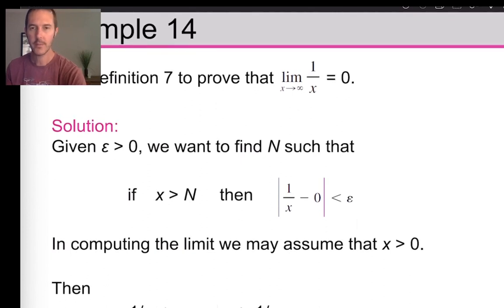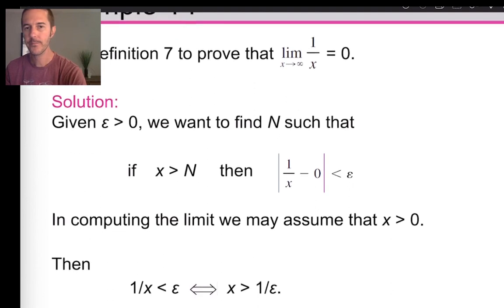So let's use the definition in order to prove that this limit is equal to 0. So we're given an epsilon value that's greater than 0. They're not telling us what it is, which is very rude. They're just keeping that to themselves. However, we're being told that epsilon is greater than 0, and that we need to find an n value such that